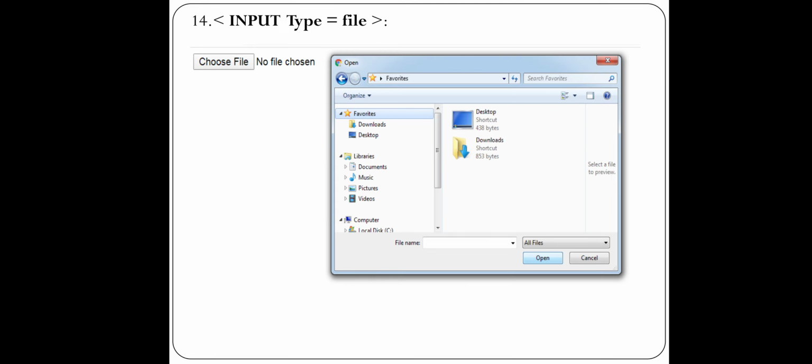Next, input type equal to file. Input type equal to file, generally it is used when you have to upload something. So you can see you will get a button, choose file, and when you click that button you will get a dialog box opening, and it allows you to select whichever file you want that is there in your machine, and if you say open, that particular file will be uploaded. So for such a case you will use input type equal to file. This type allows you to select a single file, right?